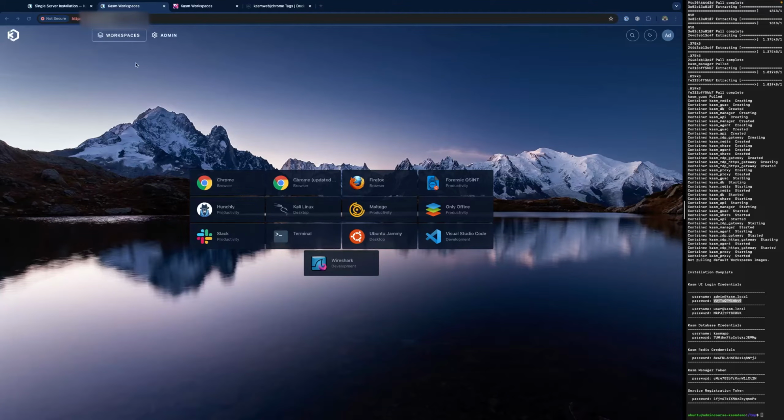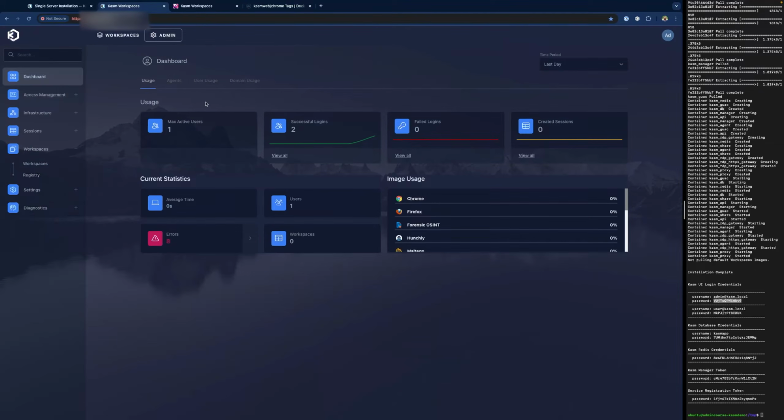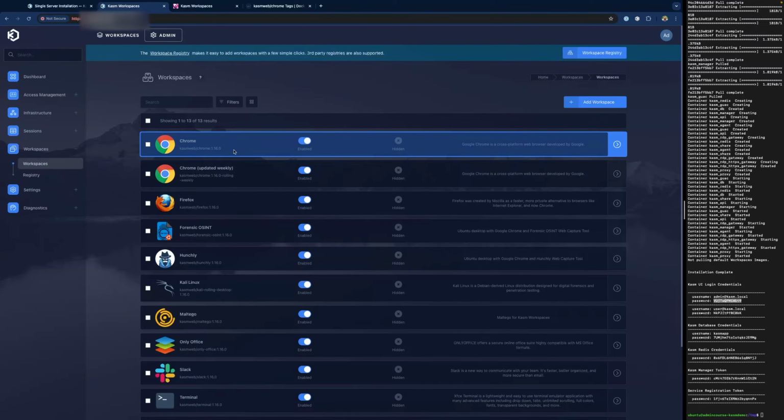So we have two Chrome browsers. Maybe we don't want both. Some techniques you can use here: you can delete the workspace. So if I don't want the old version of Chrome, I can click on it right here and I can choose to delete it.